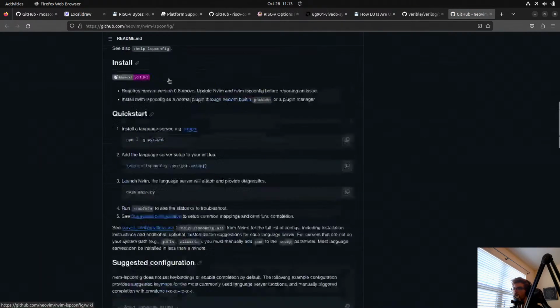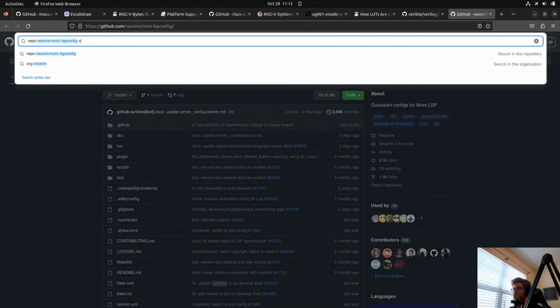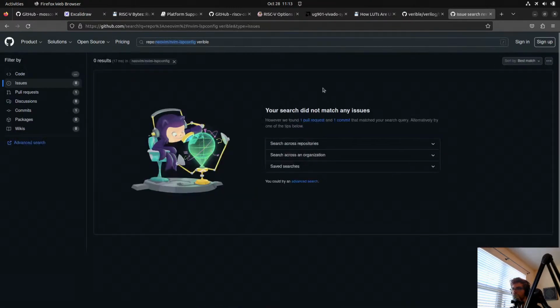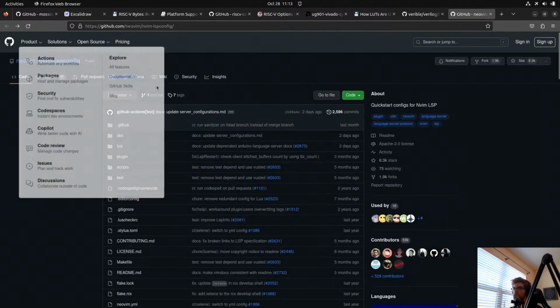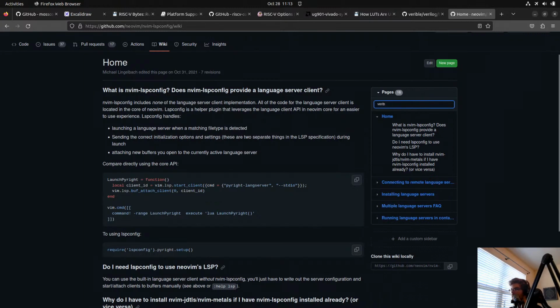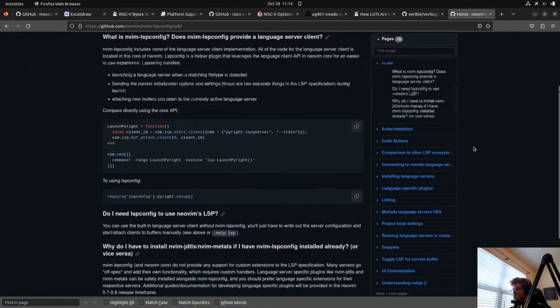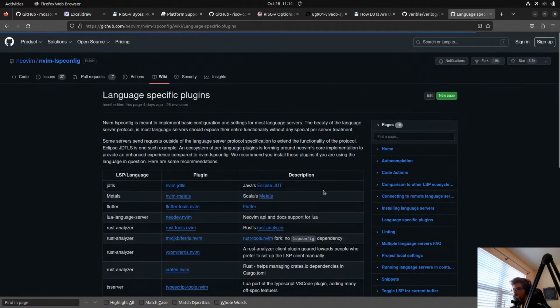But if we open that up, then in the wiki maybe, I'm trying to remember where, let's see if I can just find it by searching here. Variable, I think it might be in the wiki. Variable config. Language specific plugins.